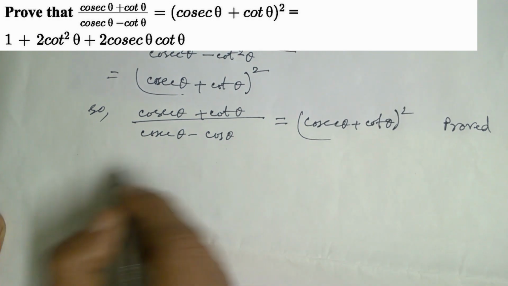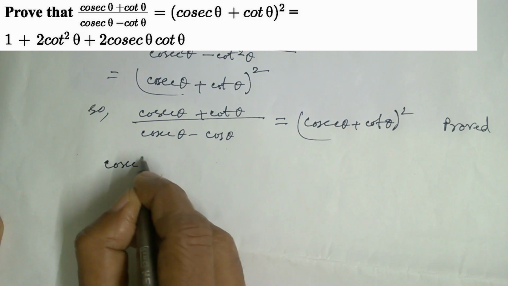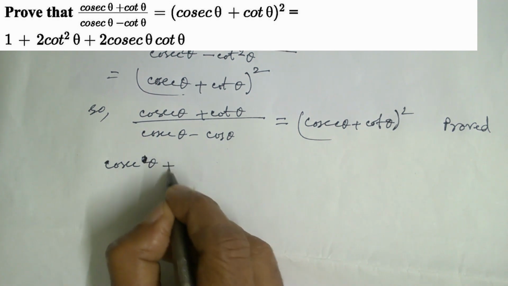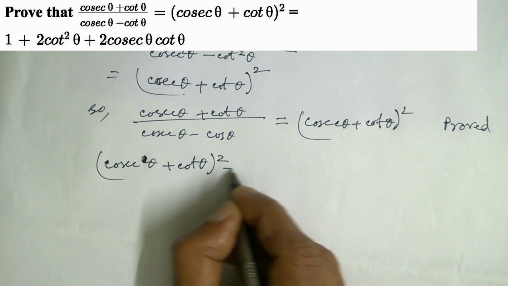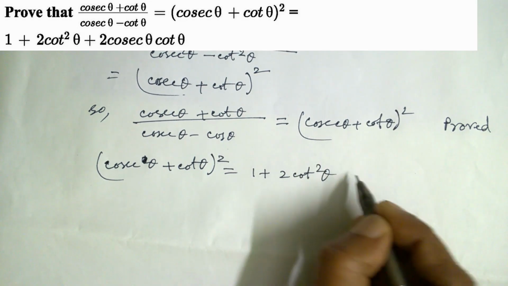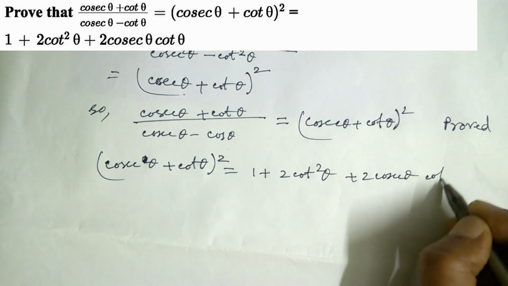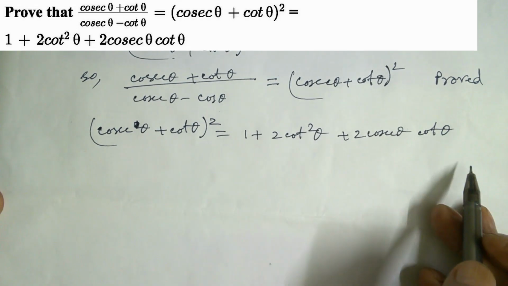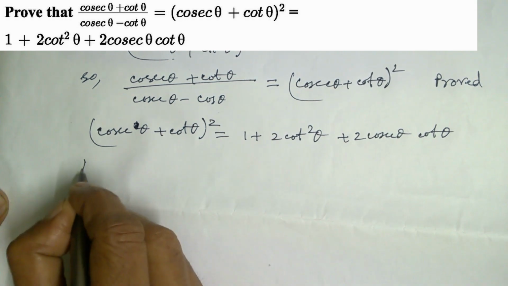Now we will prove extreme right expression, that is 1 plus... for this consider this expression, that is left hand side of this equation or this identity. So left hand side